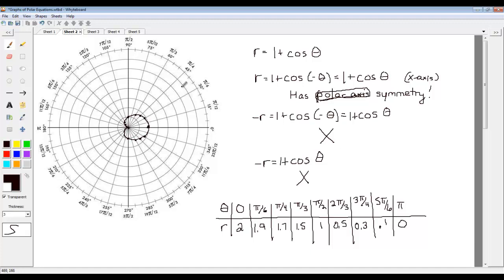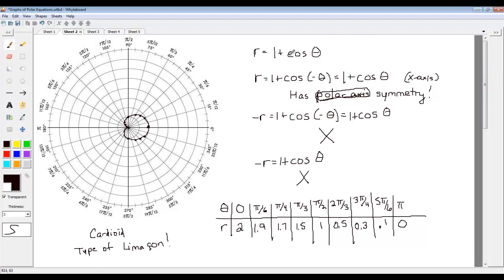Okay. And what we have here is something called a cardioid, which is a type of limaçon. It looks like limaçon, but I've seen the pronunciation in the books say limaçon. So there you go. It's a type of limaçon. Well, it turns out